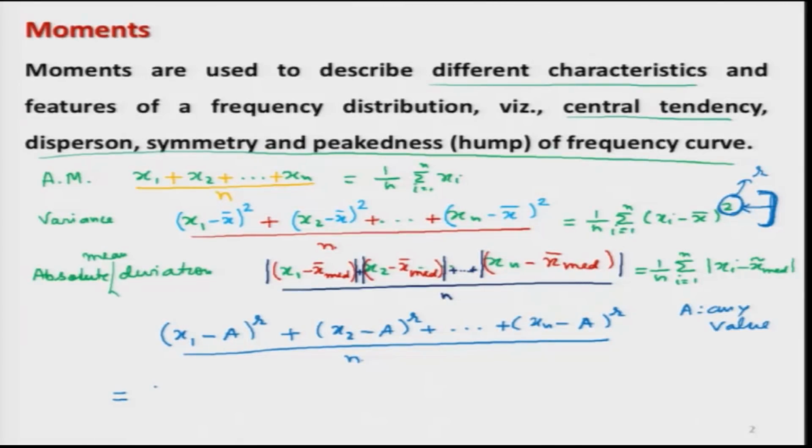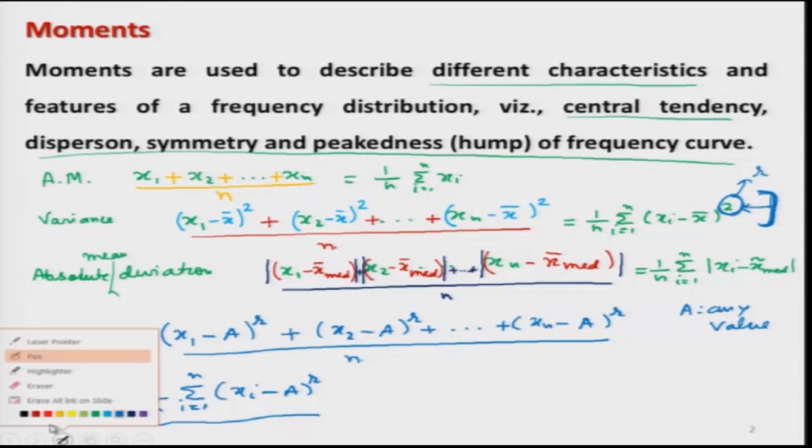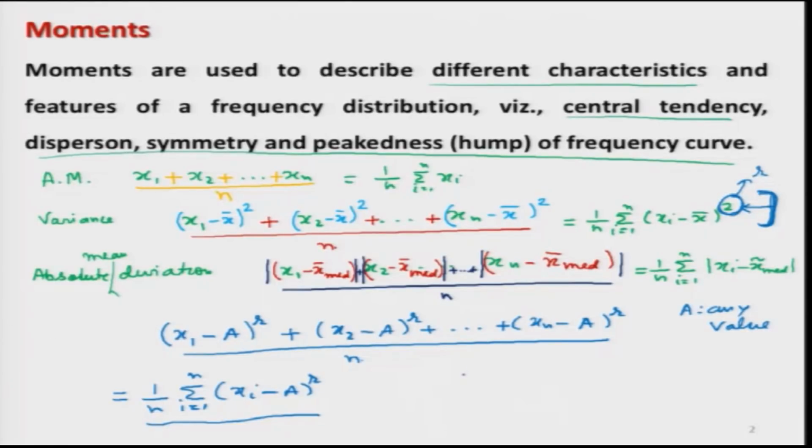This I can express as 1 upon n, summation i goes from 1 to n, xi minus a raised to the power r. And now you can see that this function has several advantages. For example, if you try to take here r equal to 1 and a is equal to 0,